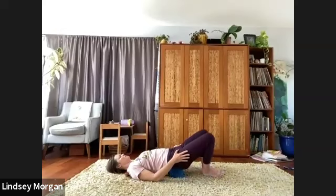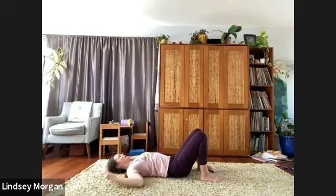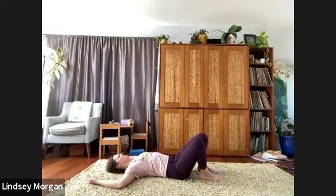We'll start to make our way out of this posture, slowly helping the knees come back together. Press into the feet, squeeze the glutes, slowly lift the hips up off the block and lower the hips back down towards the floor. Open the arms up into cactus and slowly begin to windshield wiper the knees from side